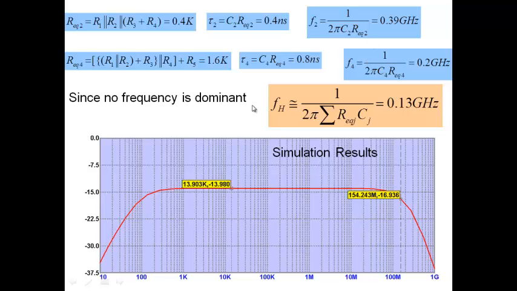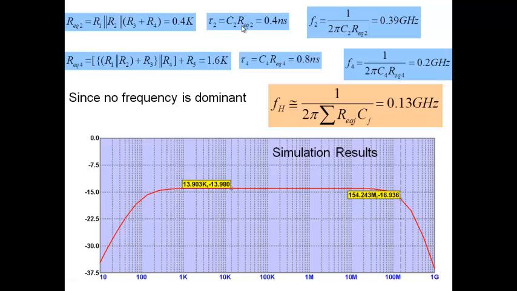So now what you see is that determining the 3 dB frequency boils down to just determining the time constants. All I have to do is take one capacitor at a time and determine the time constant. If I can do that, then I can get the 3 dB frequency of any amplifier circuit. All I have to do is repeat these kinds of calculations again and again for different capacitors and obtain the